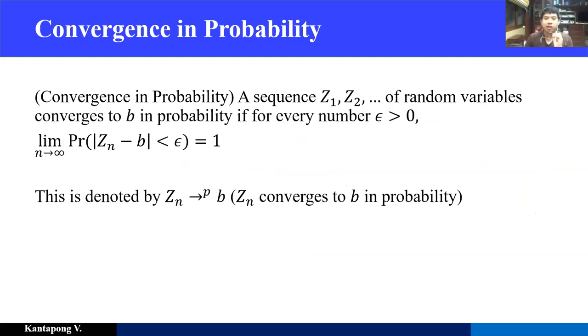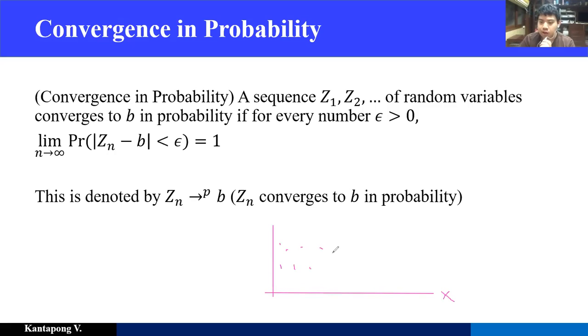But first, we want to define convergence in probability. A sequence Cn of numbers converges to b in probability. Convergence and convergence in probability are a little bit different concepts, in the sense that if you talk about the pure convergence,